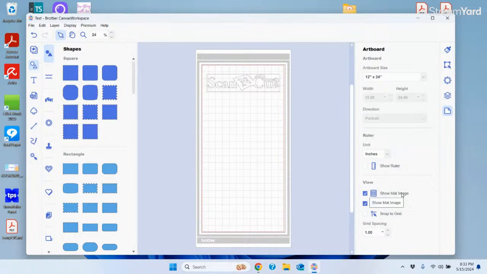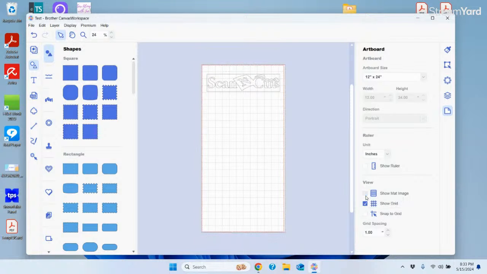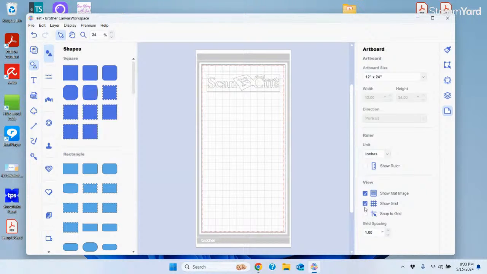You can show your mat image. Again, that was up under display. It was over there too. You can turn that off if you want. You can turn off your grids, that kind of thing. And snap to grid is also here. Okay, so that's what artboard means. In other words, it's your mat sizes. Okay. Now,